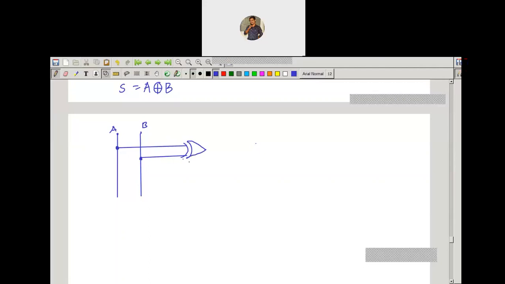Sum equals A XOR B. Now what about carry? Carry is given by A and B, so we need one AND gate to get the carry. So this is the carry. Carry equals A and B.